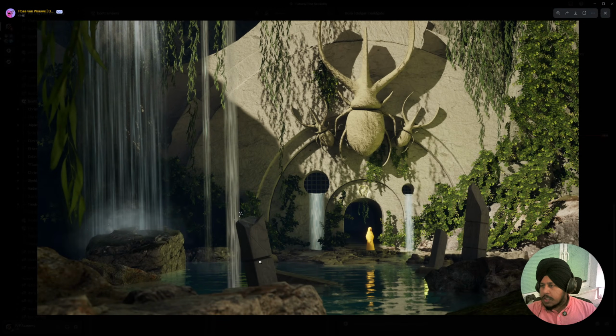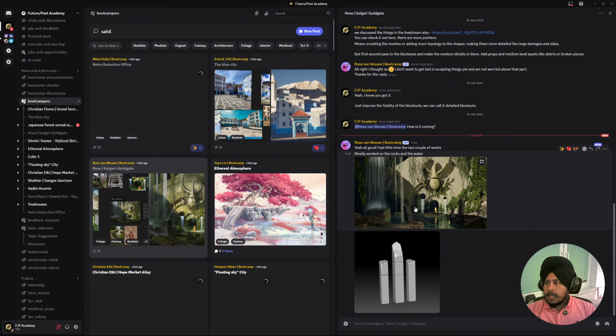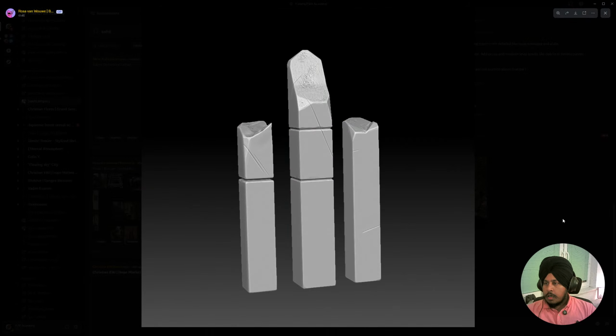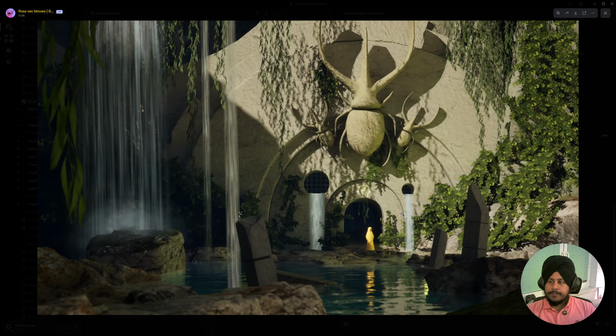Awesome. Okay, you started working on the pillars first, which is our main thing. Again, Rosa, what you can do, you can use OCD. If you use Blender, you don't need to take it to ZBrush. Just quickly have procedural edge damage on all of the assets and bring them in and see it here. You can use box map, I've shown it in my previous streams also, to see how the overall texture and details